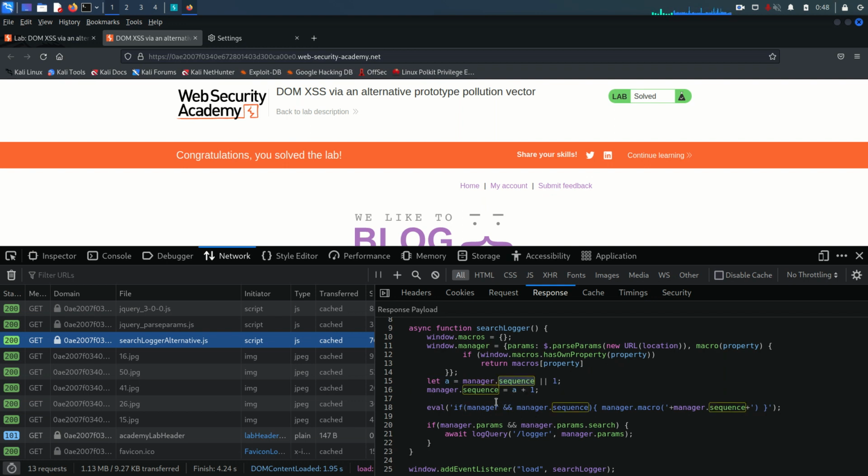Now things get more problematic when it comes to this line, which is eval, which runs any JavaScript code within the eval. If manager.sequence was set via prototype pollution to a malicious payload, for example something that closes the parenthesis and runs arbitrary code, the attacker gets remote code execution inside this page. Fine. So with prototype pollution, we can inject the sequence,